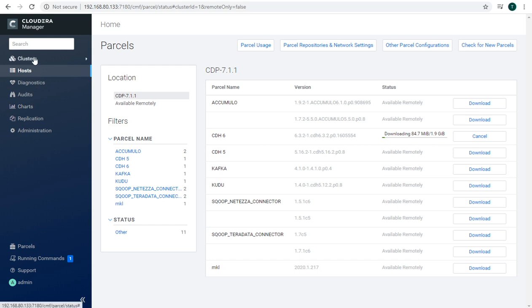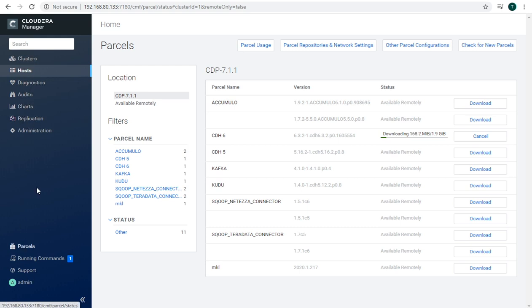In the meantime, you can see all those options which you might have worked with in an earlier version of Cloudera Manager, where we have clusters, hosts, diagnostics, audits, charts, and where in the last version we had the option of backup. Here it has been replaced with replication.